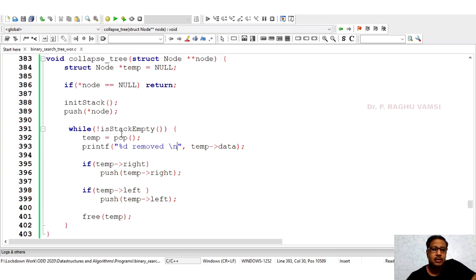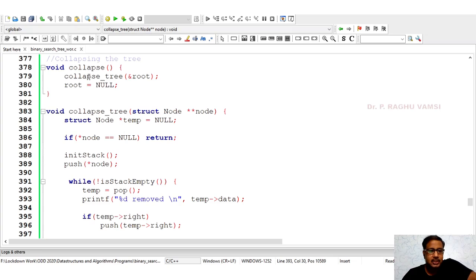Get the left subtree, assign it to temp, remove that particular node, and store its left subtree and right subtree into the stack. Like that, keep on repeating, and we'll delete all the nodes in the binary search tree. Once all the nodes are deleted, the root will be initialized to null.